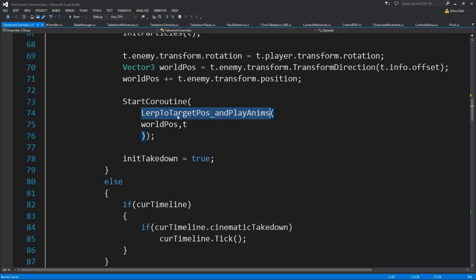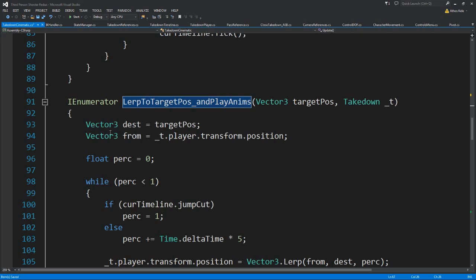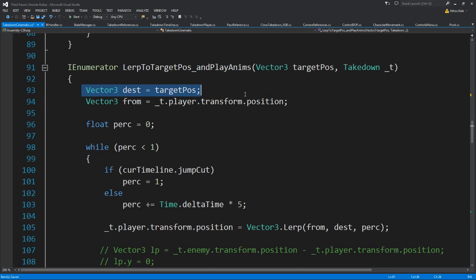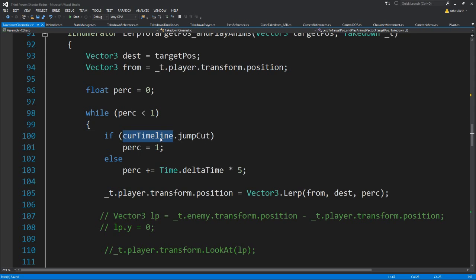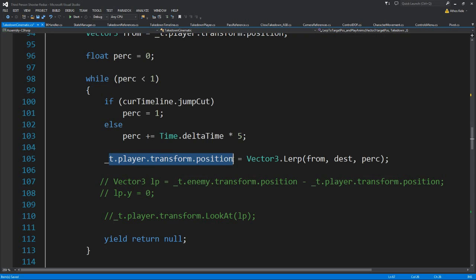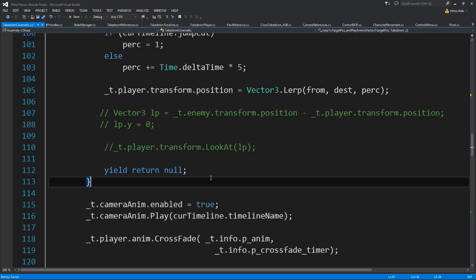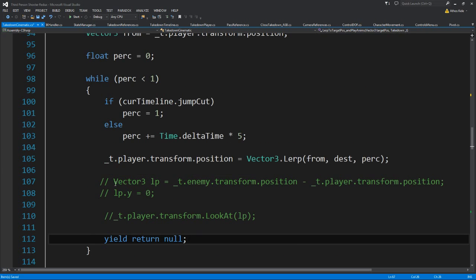So lerp to target position, we'll play this one. This is the coroutine. We have the destination and we have our origin. We also have our percentage, and while the percentage is lower than 1, if the current timeline says jump cut, lerp directly over there, then the first time you run, make the percentage be equal to 1. Else, just add to the percentage by Time.deltaTime multiplied by the speed value, and change the player's position to have the new lerp we are doing from origin to destination and the percentage we add over here. Yield return null,